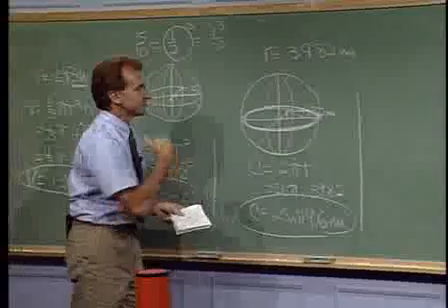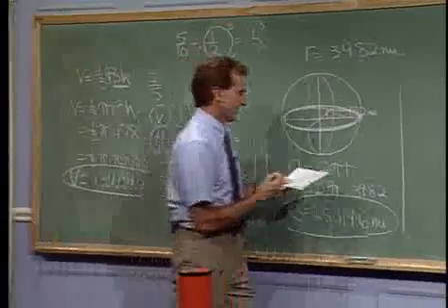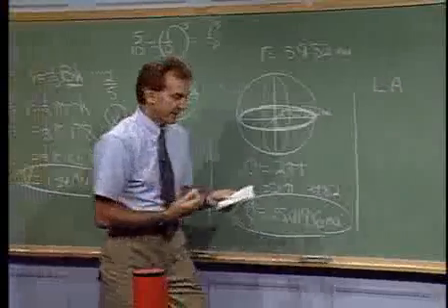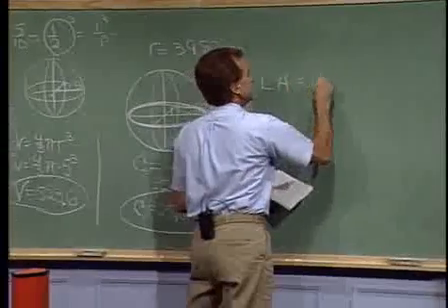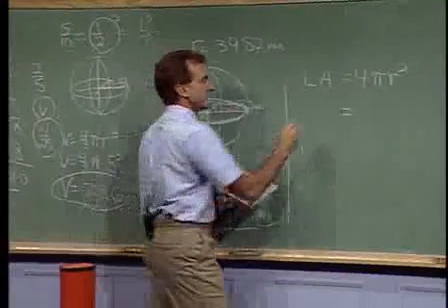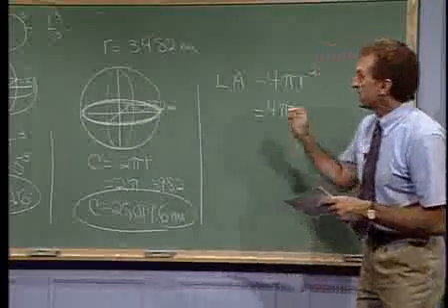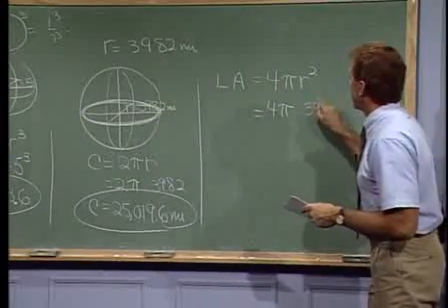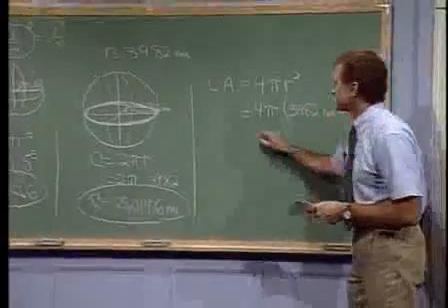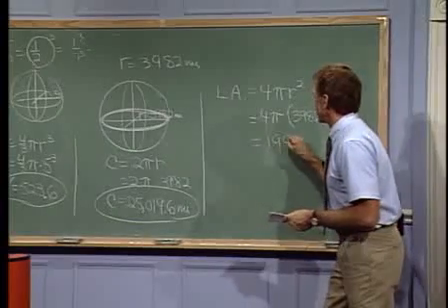What would be the surface area? How many total square miles do you think would be on our Earth altogether? Well, that would be the lateral area, which is the same as the total area in the case of a sphere, and it is 4 pi r squared. So, plugging in our numbers, 4 times pi times r squared, where r is, again, 3,982 miles. We have to square this first and then multiply it times 4 pi, and it'll come out with a big number of